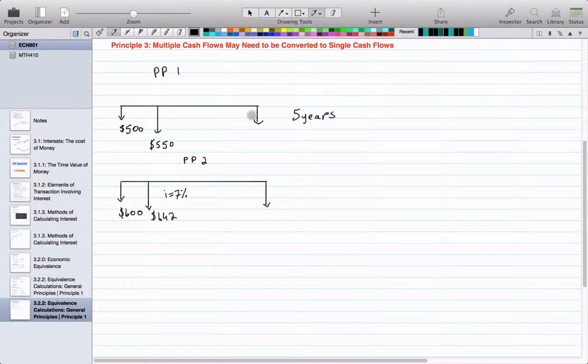So after 5 years, you would have to convert each of these cash flows, because suppose this pay plan starts off 500 and then becomes 550, and then let's say it's an irregular type of cash flow. So this one is 400, and then this one is 600,